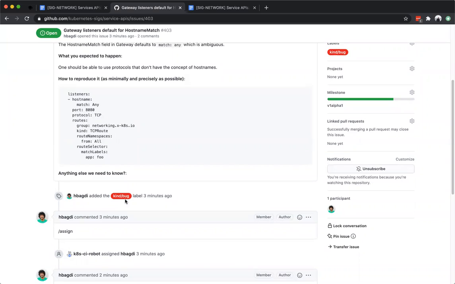Can we go a step further and basically say that this is the interpreted default? Although we don't actually set a default for you, controllers should interpret the absence of a hostname being specified here as match anything.